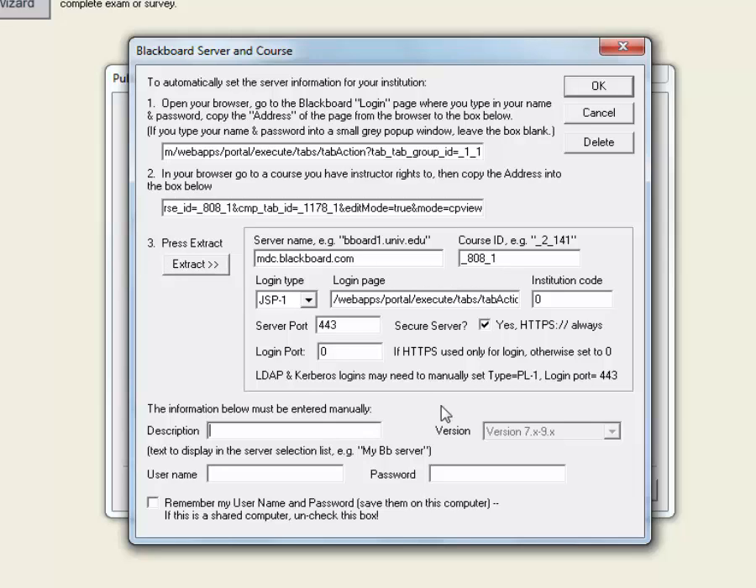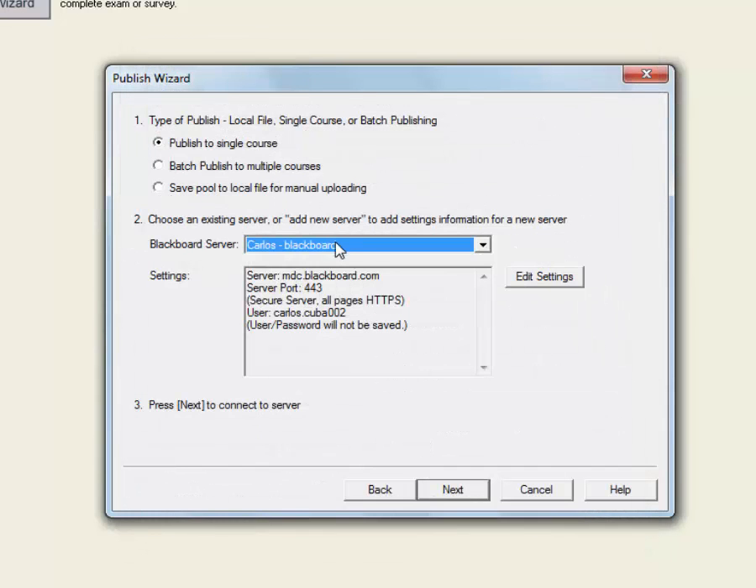The rest we have to enter manually, but it's not so much. So we enter a name for our description of the server. The version we cannot change as it is already chosen for us, and we need to enter the username and password that we use to enter. We can check this box if we are doing it on our own computer, but if we're doing it on a shared computer such as the computers in the labs, it is advisable not to do it. So we press OK. Now you see that our account is here. You can press next to connect,